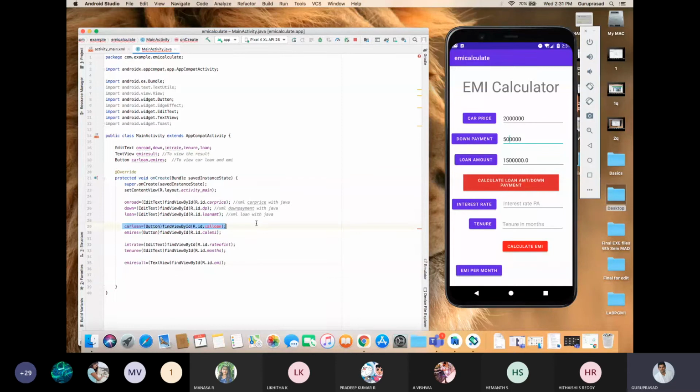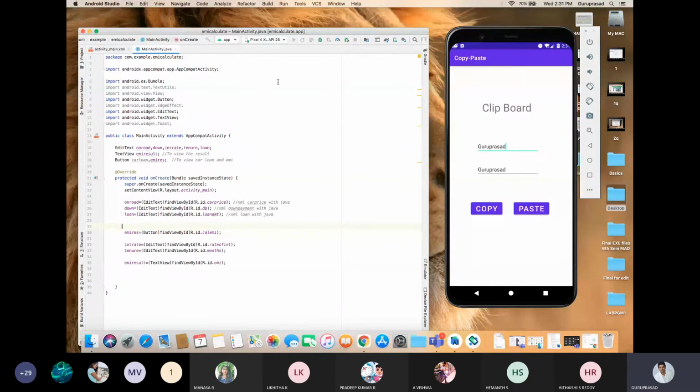I don't want that. Sir, extra line of coding I don't want, sir. It's your wish. As a teacher, I need to teach you. So I'll play this. It's not mandatory to follow my coding. It's your wish. You can follow your code also.